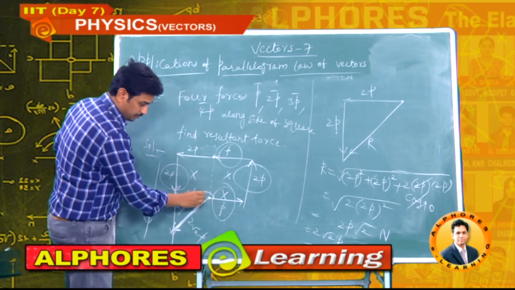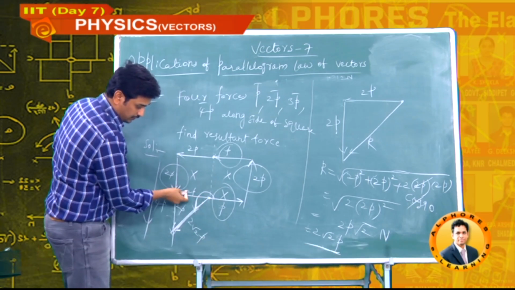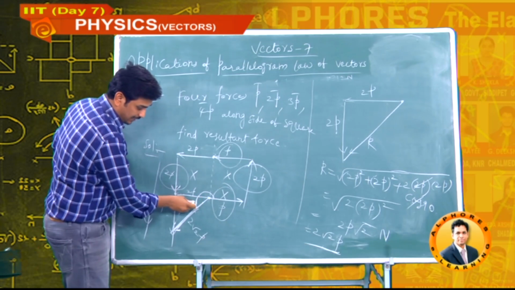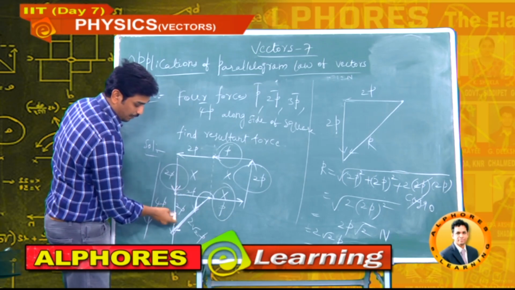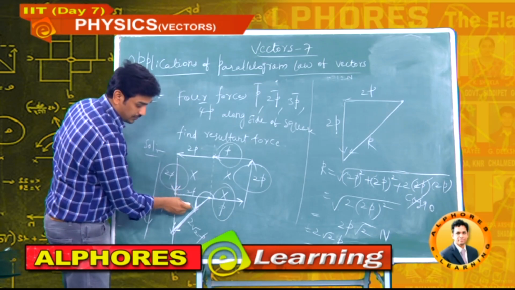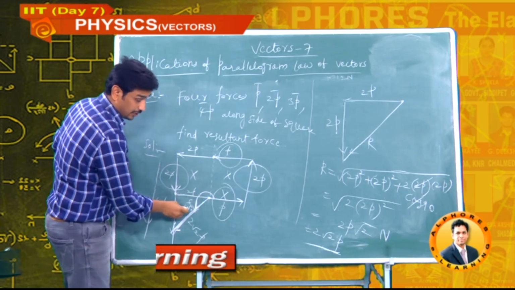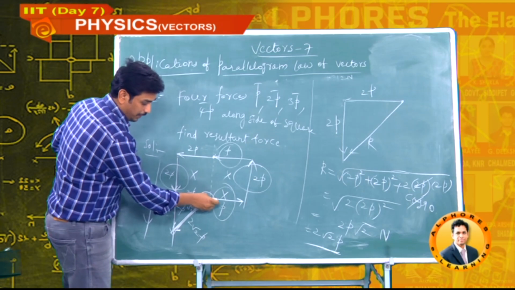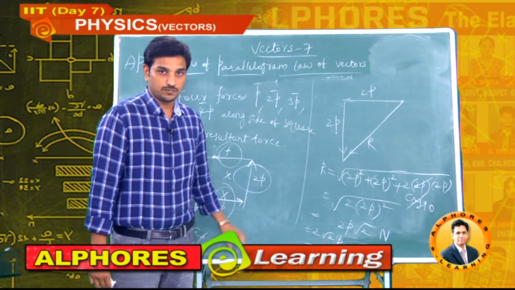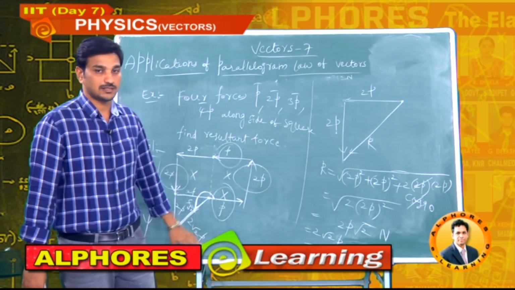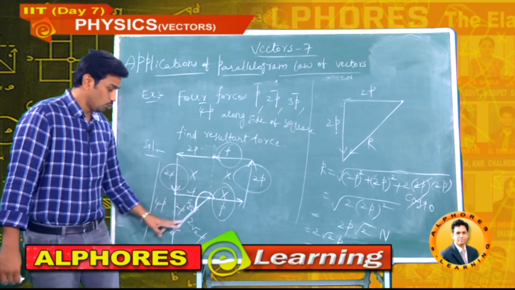Now this is 180. What about this angle? This angle is 2p, this is 2p. Tan theta is equal to 2p by 2p, opposite by adjacent side, opposite 2p, adjacent 2p. Now it is 45 degrees. It's a 180, it's a 45, total 225. With this p bar vector, the resultant has an angle of 225 degrees. Now the final conclusion for the answer: for 4 vectors p, 2p, 3p, 4p, the resultant is 2 root 2p.